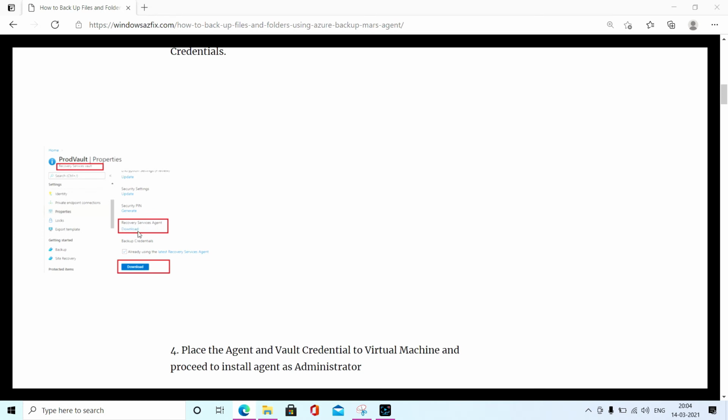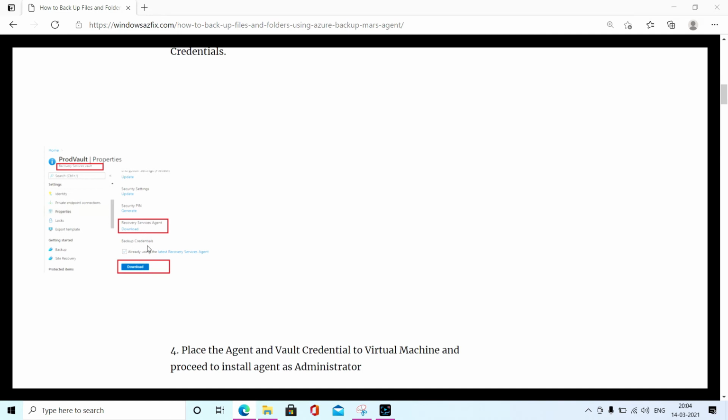This recovery services agent is called the MARS agent. First of all, you have to download this agent. Also, in parallel, you have to download the backup credential, which will be required during the installation.